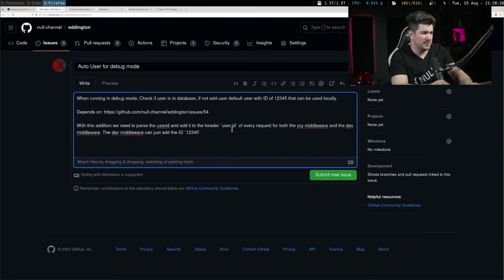Of every request for both the ORI middleware and the dev middleware can just add the ID 1, 2, 3, 4, 5, while the ORI middleware needs to parse it out of the session token.